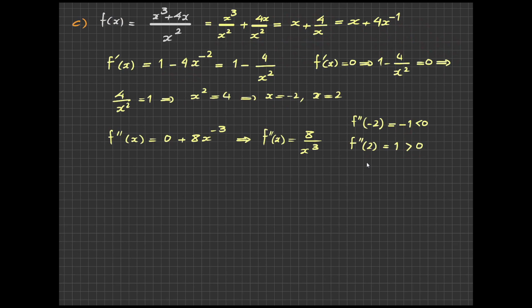Okay, so what are the points? I would write minus 2, and I put minus 2 in my function. So the answer becomes minus 2, minus 2, minus 4. This point is a local maximum, and the point 2, 4 is a local minimum. Yes? And if you want to sketch the graph,